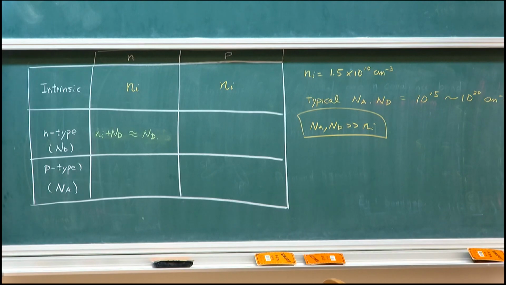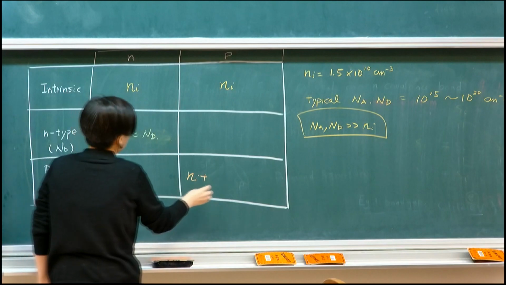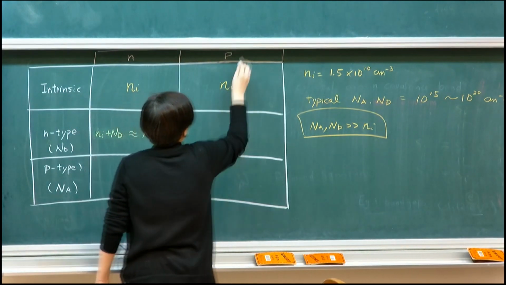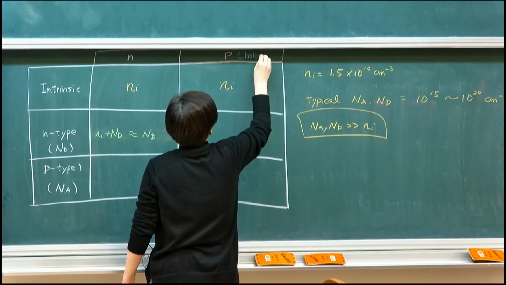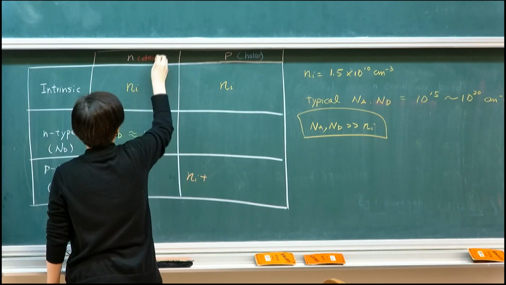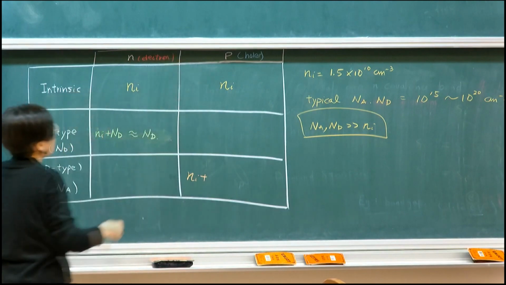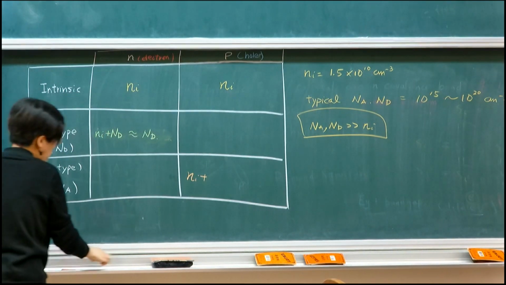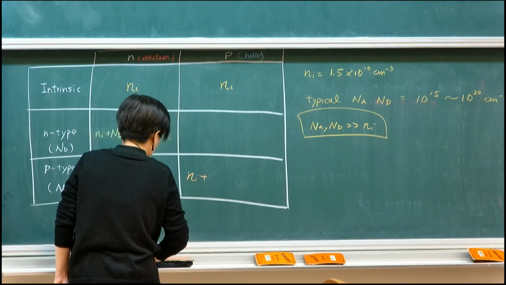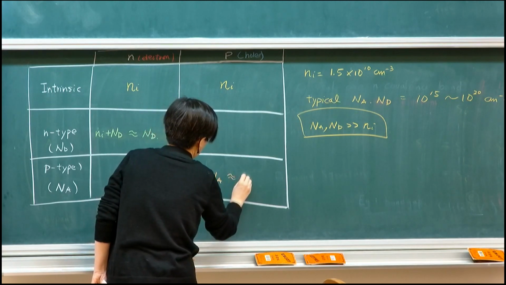And for p-type, what happens is that you start with also Ni, and then for holes, these are hole density. These are electron densities. You can actually get that. Okay? So for hole densities, it will then be dominated by the acceptors being introduced. So I'm giving the acceptors, and then it will approximately be